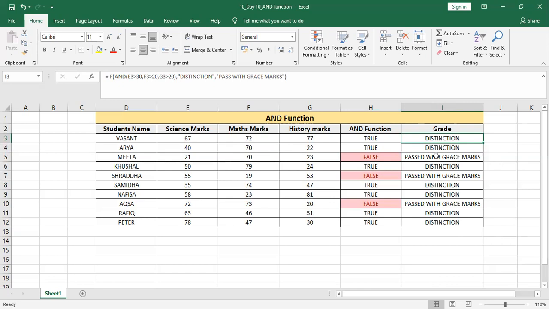But the OR function is used when we have to check if any of the stated conditions is true, and if any condition is true, we will get the true result. That's why we can say OR is a more liberal function. Hopefully you have better judgment of this.